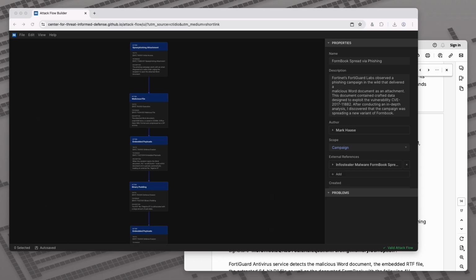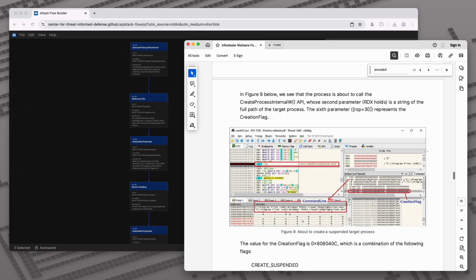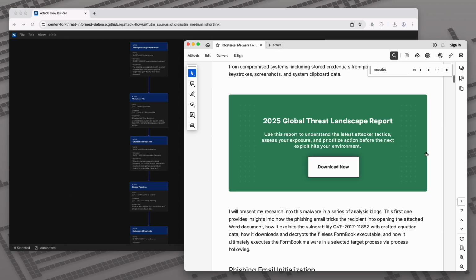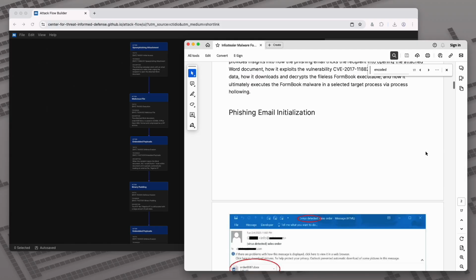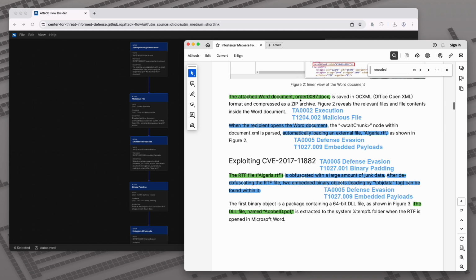Now we're on to the 4th step of our 4-step process, which is to enrich this flow. So we've got the backbone with all the actions in it. And now we want to add context like STIX items and assets, and what have you. So when I was going through the report earlier, one of the things I did to save time is I went ahead and just marked up in green everything that I thought would be a good indicator to include in my flow. So if we come down here, we can see, for example, order